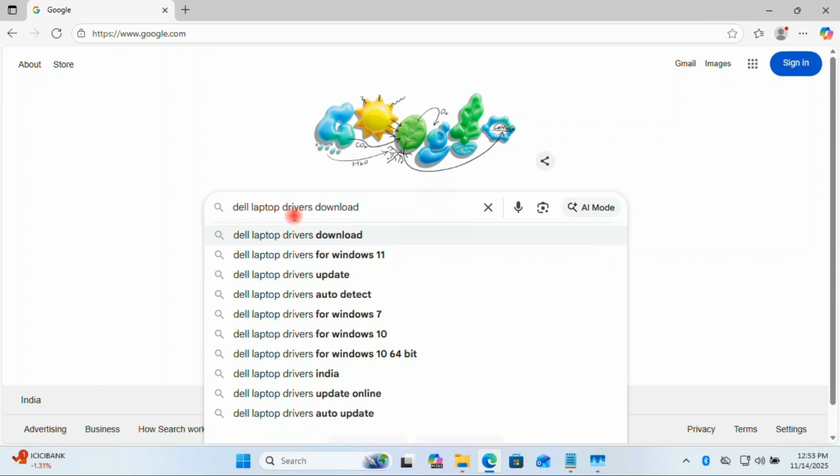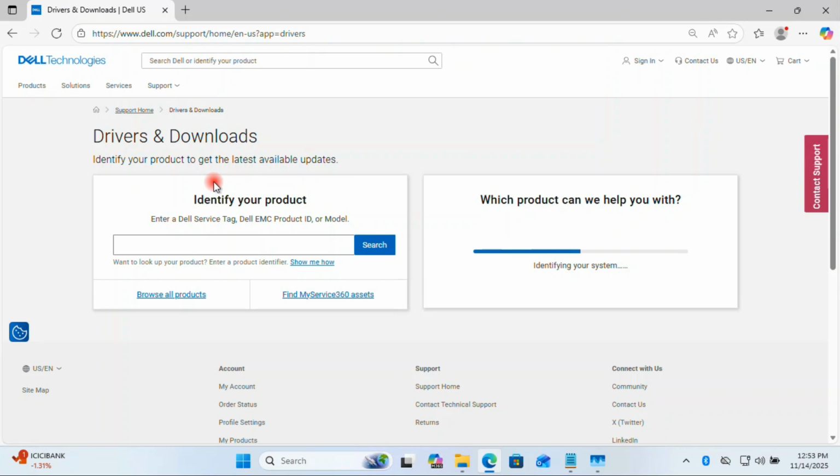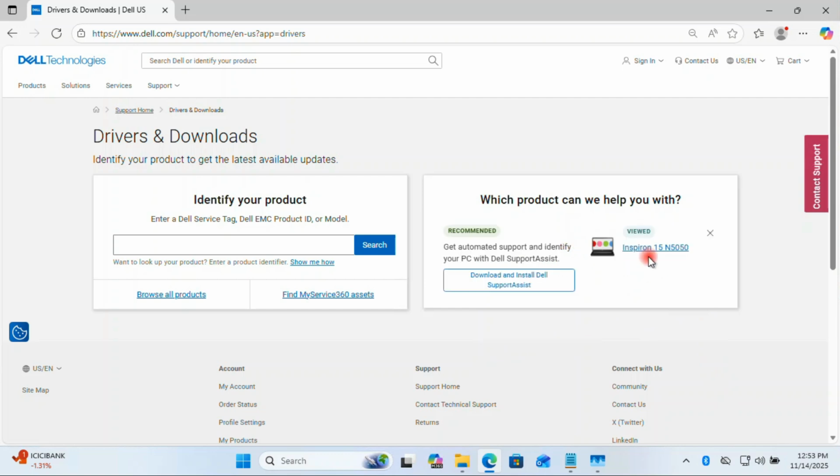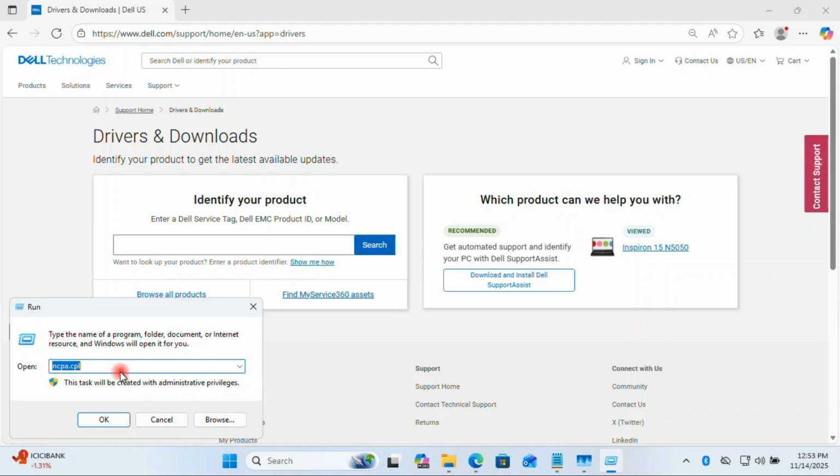download, press enter and after that click the first link. So guys, type your laptop model number, otherwise product ID and service tag. So guys, if it does not detect your model number, we check manually. Okay, click the Start button, click Run and type msinfo32 and click the OK